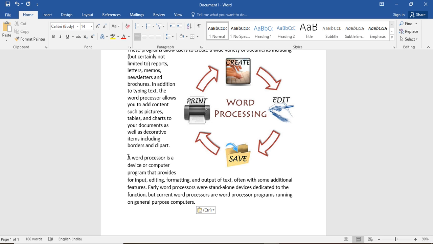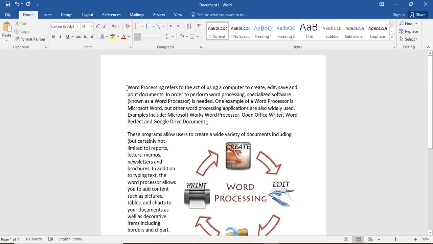Second operation is copying the text. How can we copy the text? Let's suppose I want to copy this text. Firstly I have to select it.